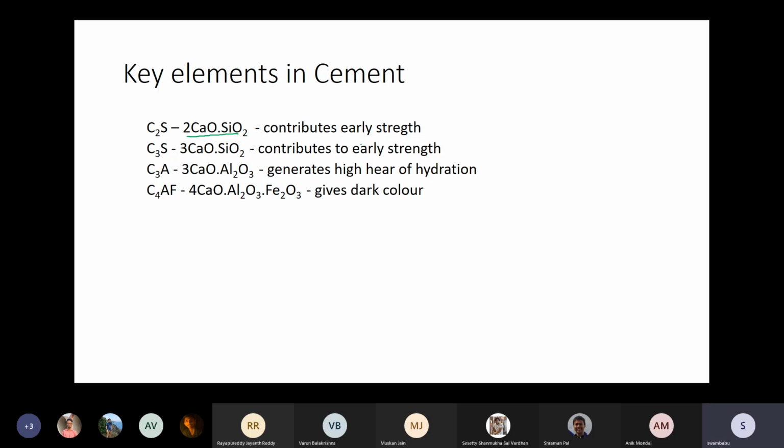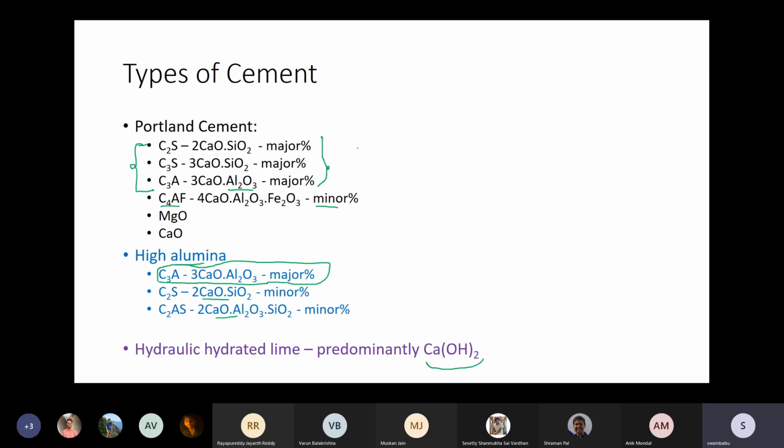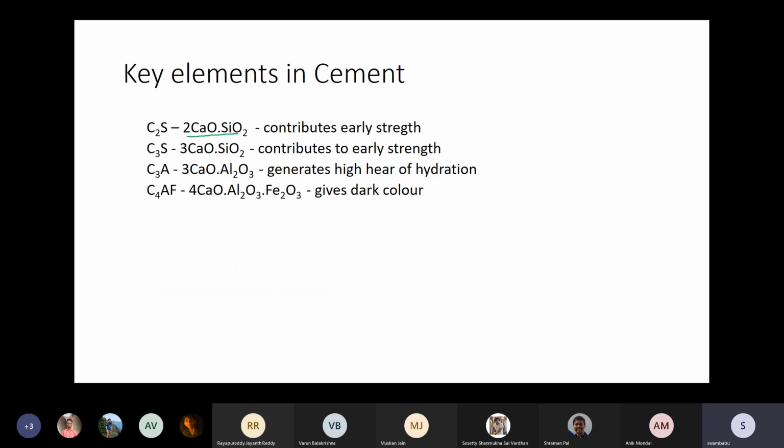Oh, I think I have made a mistake here. Sorry. This is tricalcium silicate that gives the early strength. This gives the later strength. After a few days, if you repeatedly hydrate it, if you repeatedly pour water, that will get hardened. So, later strength. So if you add water to the calcium silicate, as soon as you add water, it'll